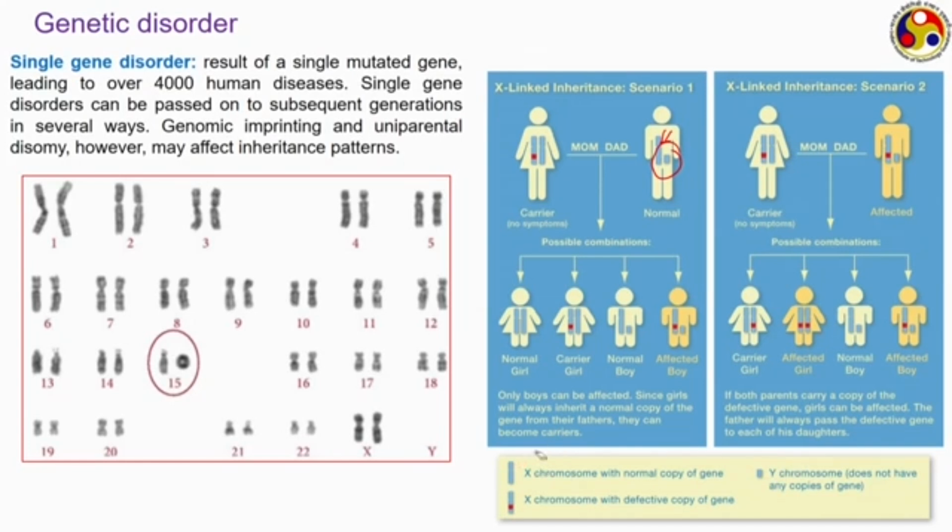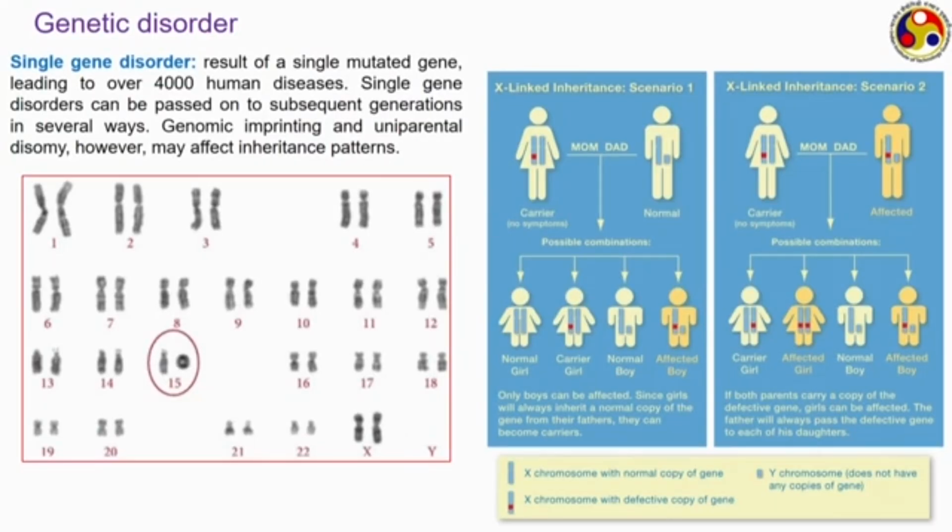Now, we know that a male contains an XY chromosome, that is one X and one Y to form a pair, whereas a female contains both X chromosomes. So, here we have a situation where the male is normal, having one normal X and one normal Y chromosome, but the female has one normal X chromosome and another X chromosome with a defective gene. Once they combine, there are 4 possible combinations. Of course, we know that during the meiosis process, they will be exchanging their chromosomes, leading to the 4 possible